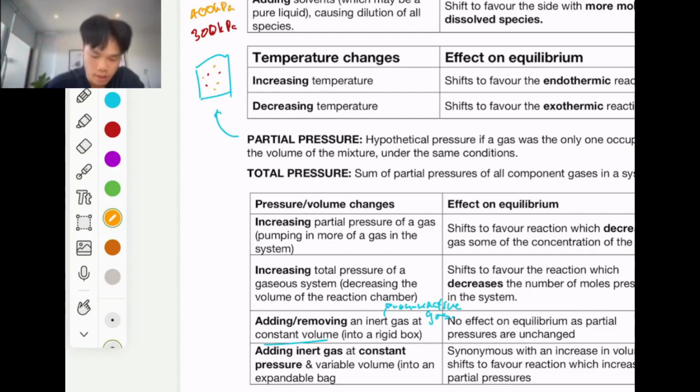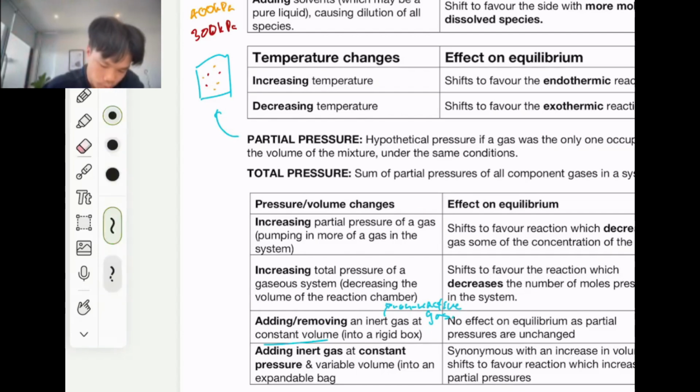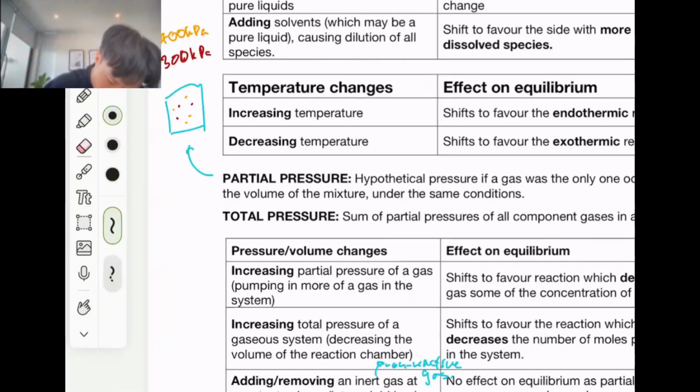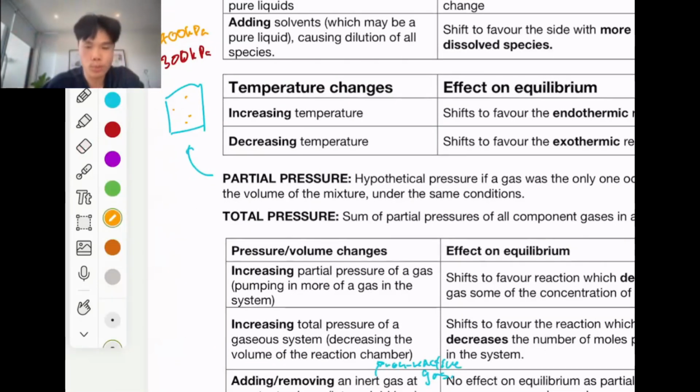If the yellow gas was the only gas in the box, say there was no red anymore, the total pressure of that yellow gas would be 400 kilopascals. But when you have the red gas as well, the total pressure is the sum of these two partial pressures. So the total pressure would be 700 kilopascals in this case. And when we talk about equilibrium shifting, we only care about the partial pressures in terms of